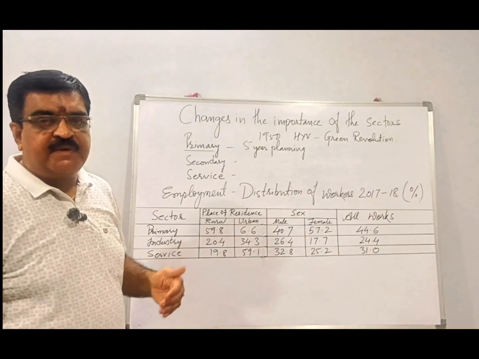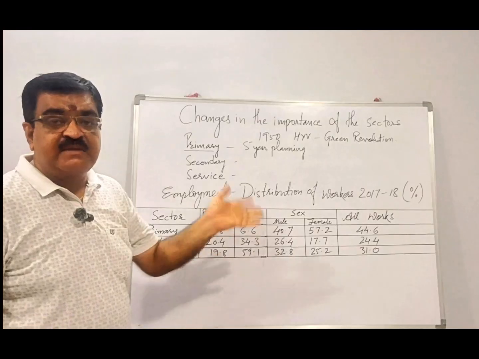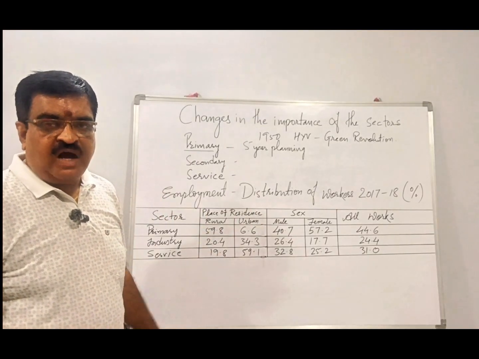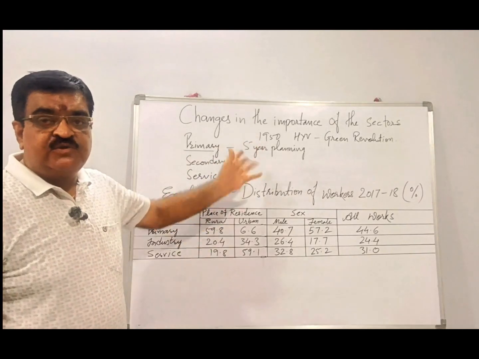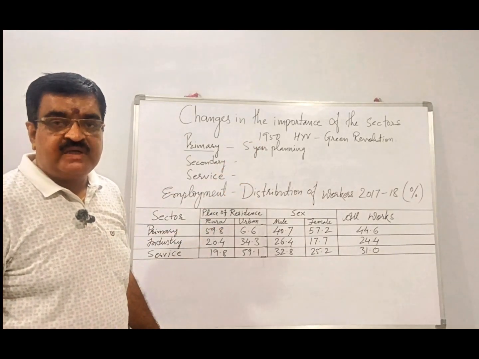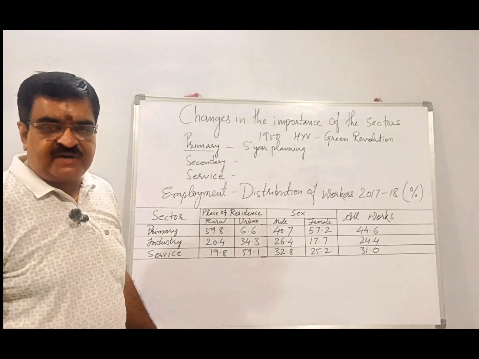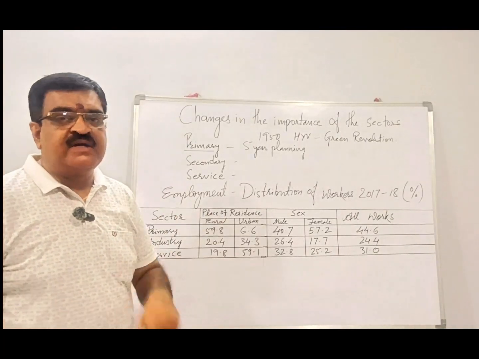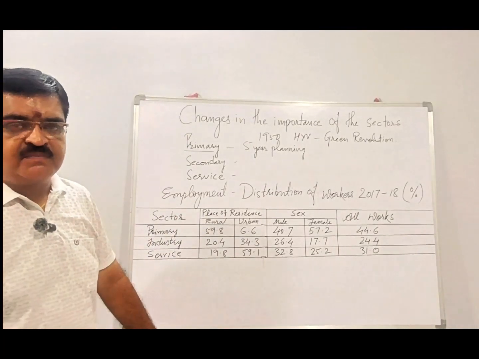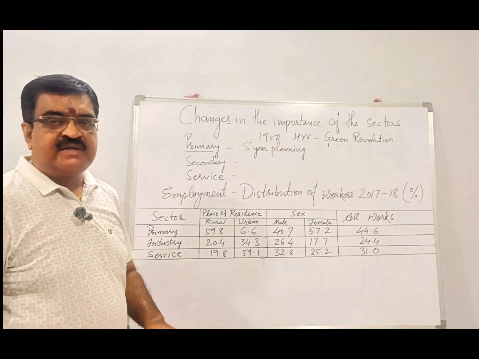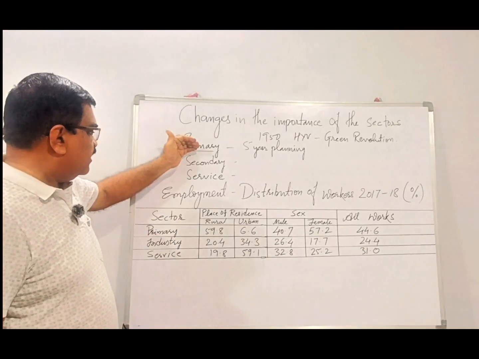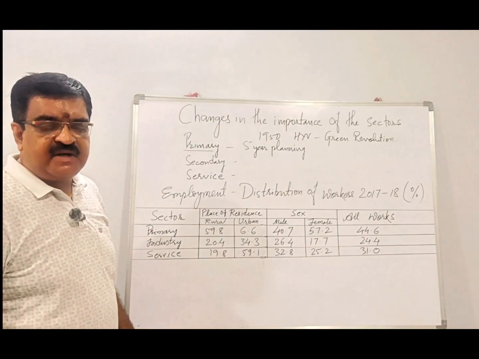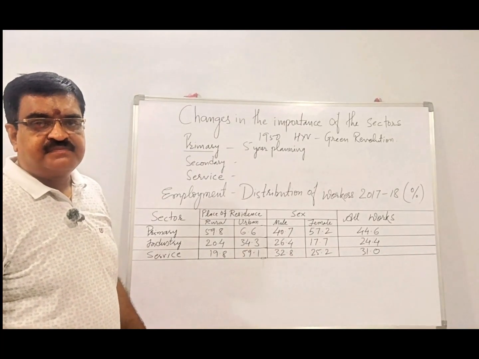Most of the people from rural areas started migrating because they were having rain-fed crops. After the rainy season, there was no chance of getting any crop. Growth of crop is possible only during the rainy season, that is called rain-fed crops. And during the dry season, those people were transforming into the secondary sector as daily wage labor.